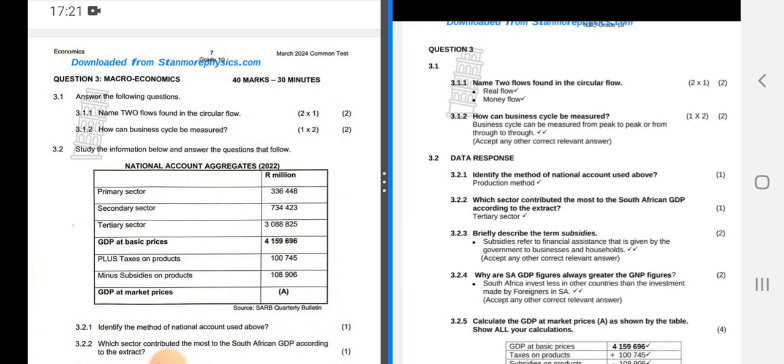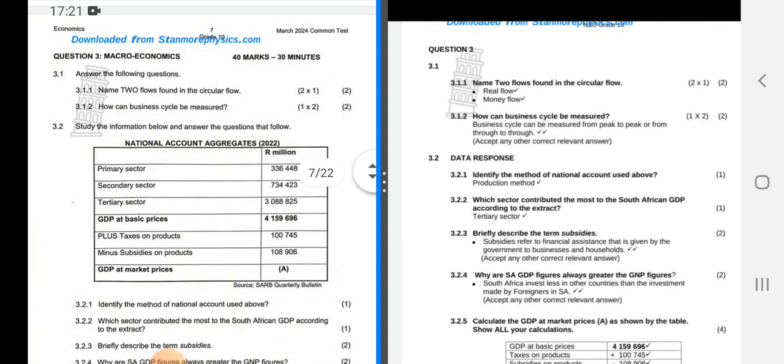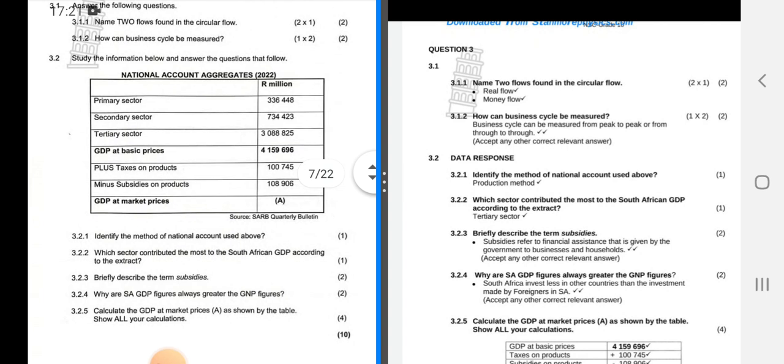So 3.2 says study the information below and answer the questions that follow. Well, this is the primary sector, secondary sector, tertiary sector, GDP at basic prices, plus taxes on products, minus subsidies on products, and then GDP at market price. So here you are going to identify the method of national account used above. So that is the production method. Which sector contributes the most to South African GDP according to the extract? So you choose the one that has the most money between primary, secondary, and tertiary, and that is the tertiary sector